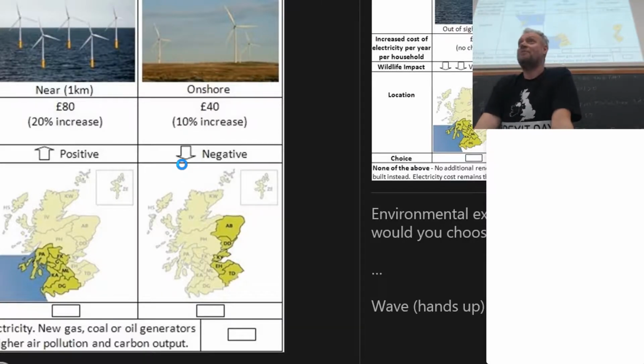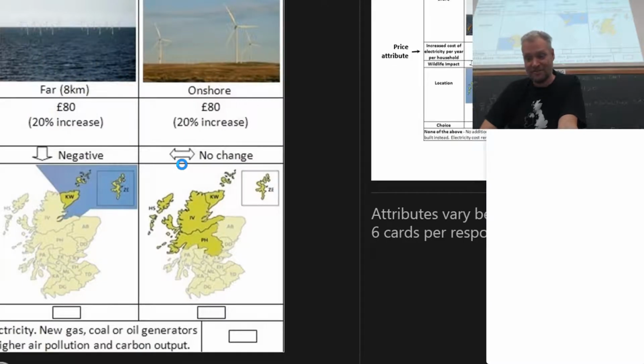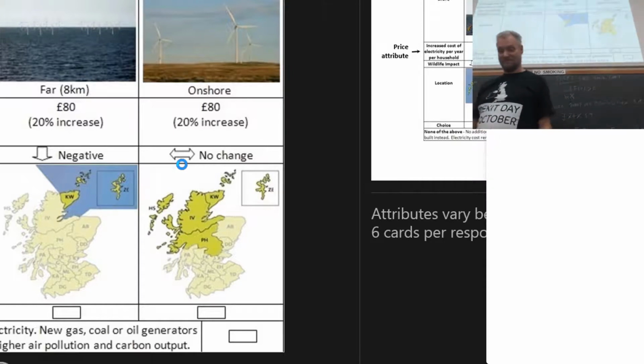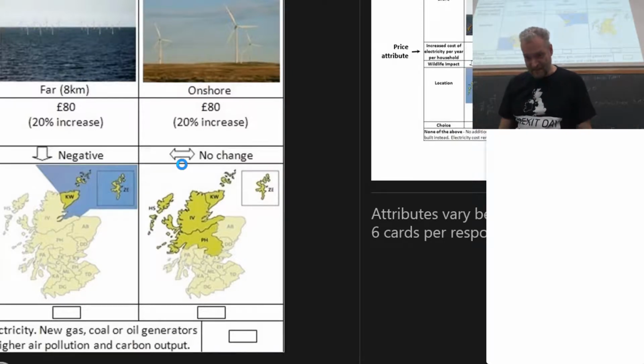So that is what you ask people to choose from. Of course, this doesn't tell you a whole lot. So you're going to do two things. You're going to present the same person with different combinations of this. That's one thing you do, but there's